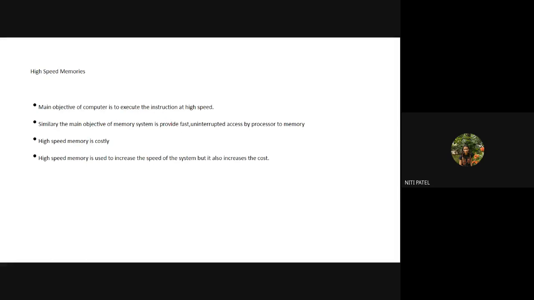So when I talk about the speed of the processor, I am talking about the cache memory and the speed of the cache memory inside the processor. The main objective of the memory system is to provide fast and uninterrupted access by the processor to the memory. Up till now, you might have understood that whenever you want to execute anything in the computer system, that execution has to go to the processor.